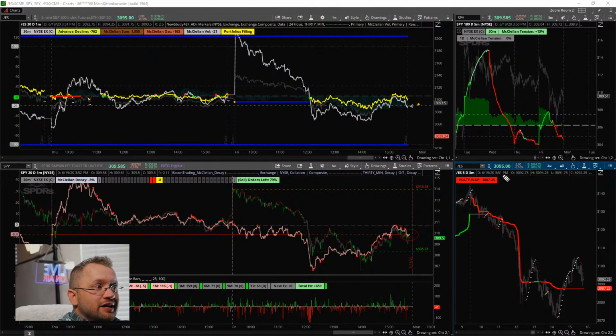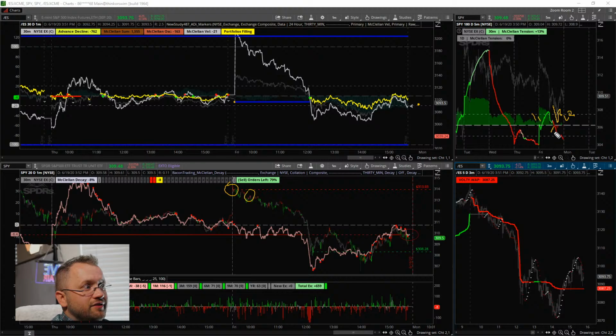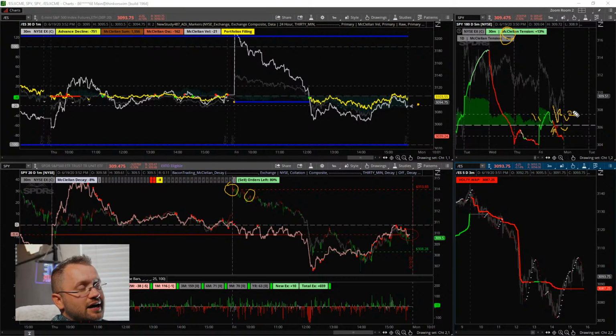The Bears didn't get a chance to get sampled. They didn't get any great liquidity throughout the day. They defended the times that the 30-minute popped up. They were able to come in and defend that. The Bulls got a nice dip and there was a lot of liquidity here, and they defended daily tension. They were able to get it back up. It's moving back under, but we're looking about zero. So I think right here what's happening is we're sort of losing some of the steam.